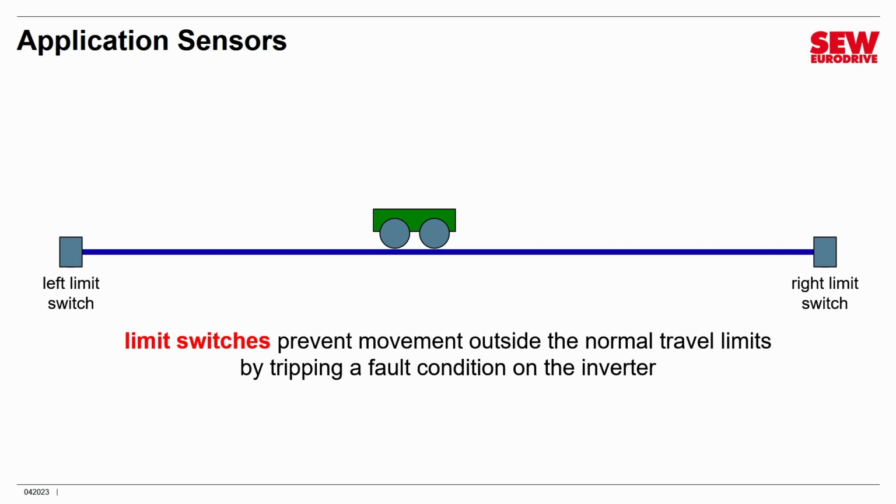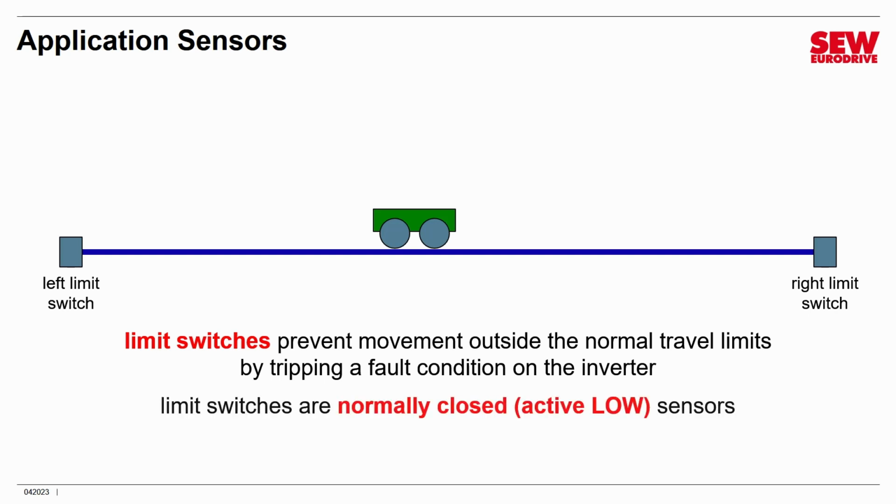One type is called the limit switch. Now, you're probably already familiar with limit switches. They're primarily safety devices meant to keep mechanical motion from going outside, usually two limits, right and left. They prevent the cart in this little application here from going off the track. So in their normal application, limit switches prevent movement outside of normal travel limits by tripping a fault condition on the